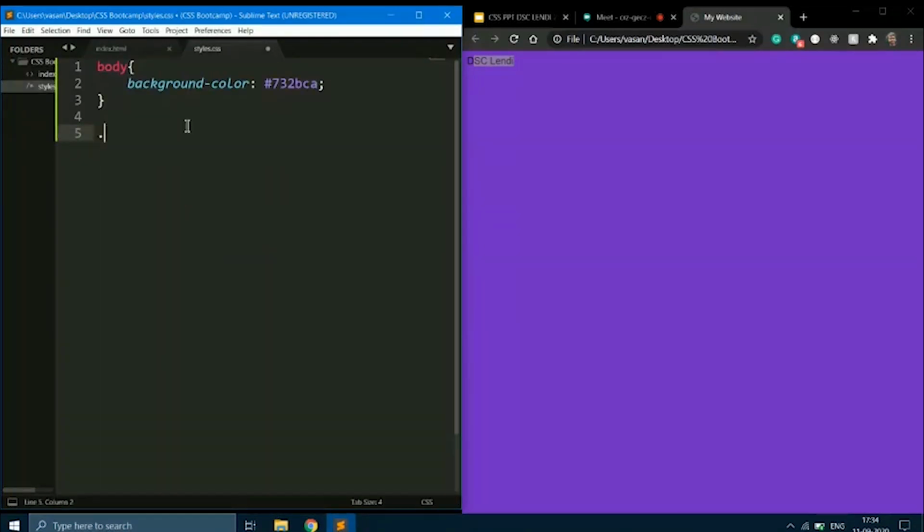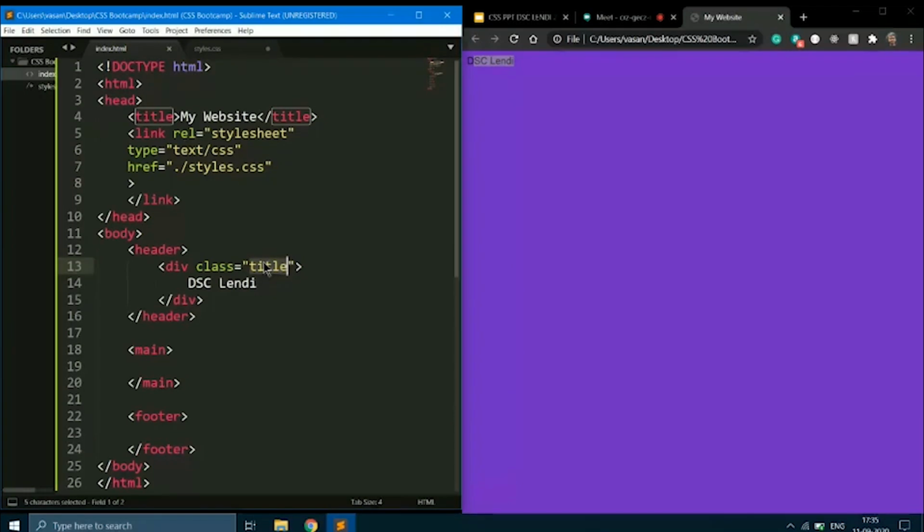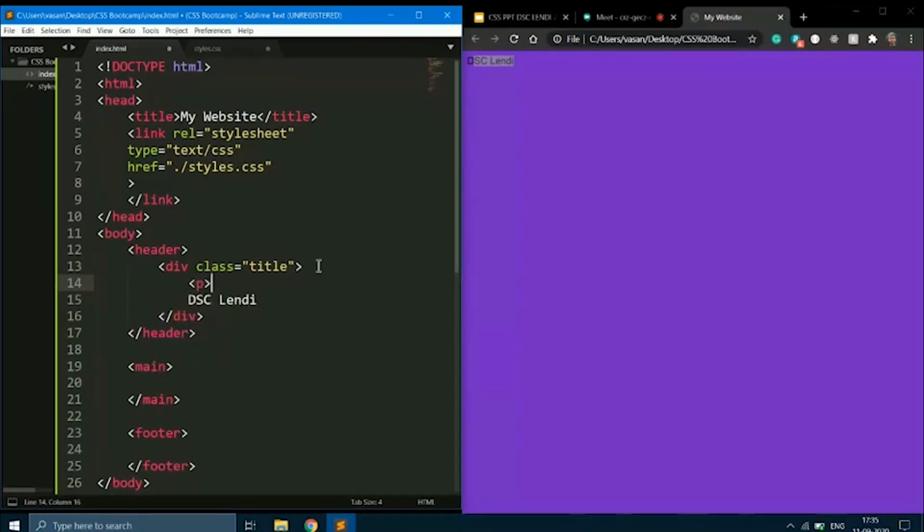I'm going to give some CSS to this title. Sorry, we'll do one thing. We are going to create a paragraph tag and place this DSC LND in this paragraph tag, with the class title on this paragraph tag.